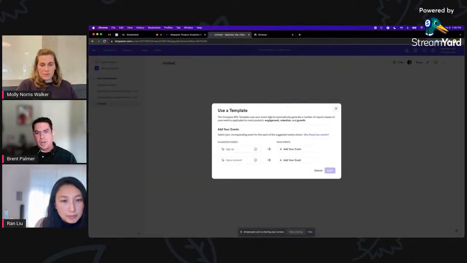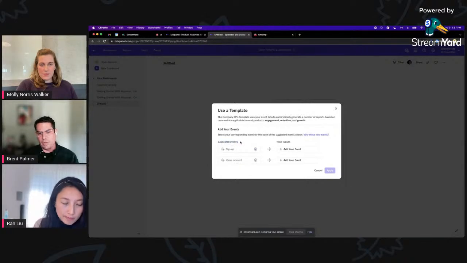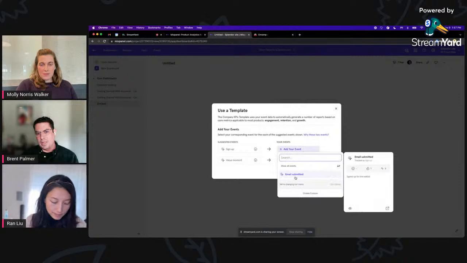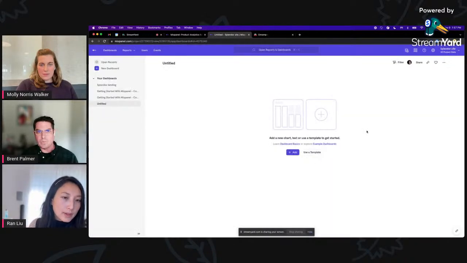I have a new pod or a new product team spun up. This would be an interesting way to onboard a new team or a new group of users within my organization. I have some suggested events, and now I can quickly, I've curated this as the owner admin of Mixpanel. We have reusable work, and then it's basically a group of shortcuts to help product teams get up and running. Yeah, definitely. The organizational templates is in the future.